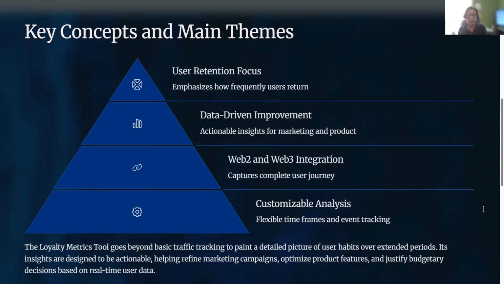For that, the tools and technologies you use need to integrate and provide various graphs for you to understand. Specifically for the loyalty metrics, you need tools to measure different categorization of the users, where they are coming from, how long they are staying on the website, and how many transactions they are committing on a blockchain.